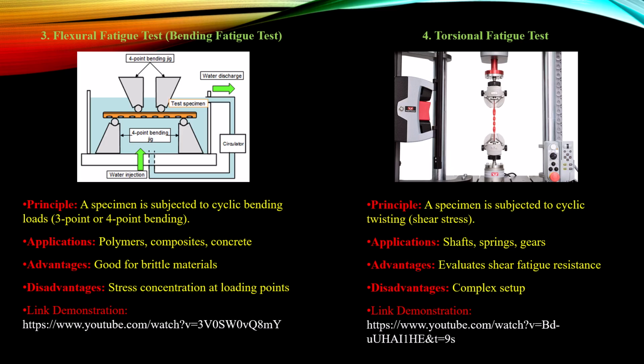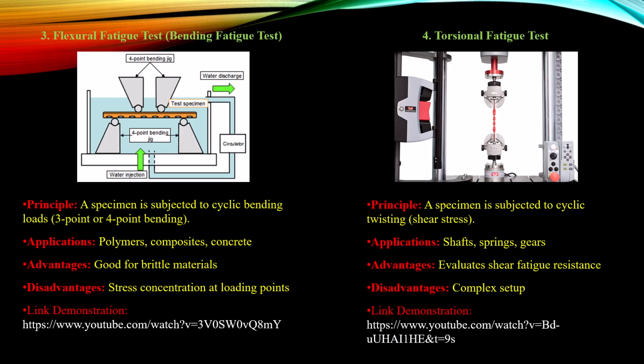A key advantage is its suitability for brittle materials, which may not perform well under tensile fatigue tests. However, the notable drawback is the stress concentration at the loading points, which can lead to premature failure and affect